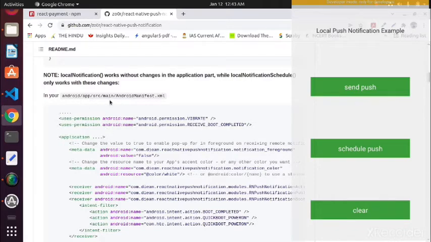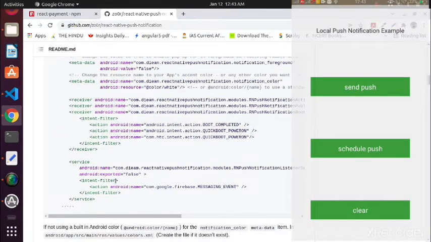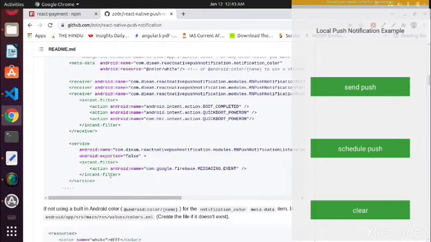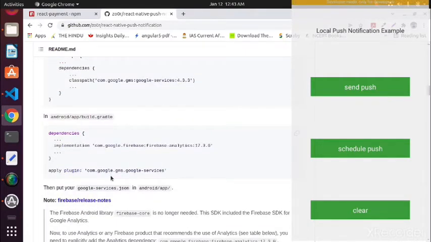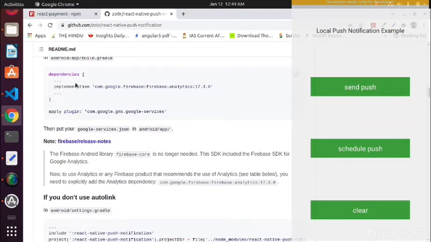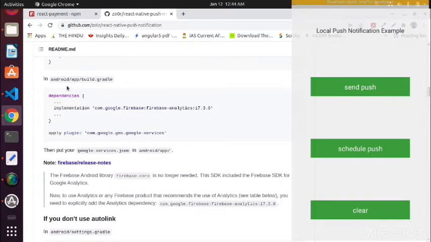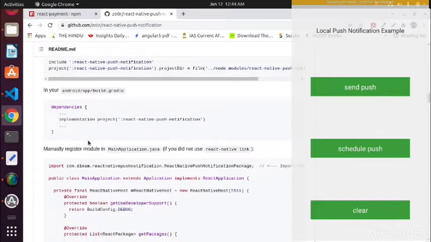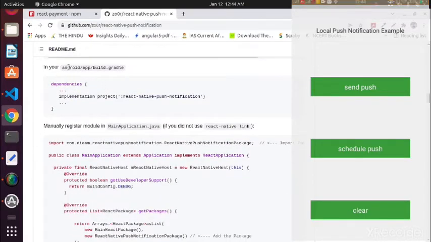After that, scroll down. You don't have to do any changes in your Android app build.gradle. You just scroll down here, and you have to add this in your dependency. You have to add this one, and you are done with the setting part.